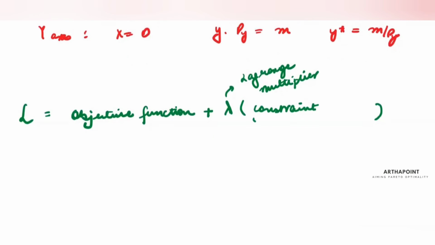Whenever you are writing this constraint, you will always write the constraint in the form of RHS minus LHS. That's the usual way of writing the Lagrange. This is step 1. Step 2. Whenever you will form a Lagrange,